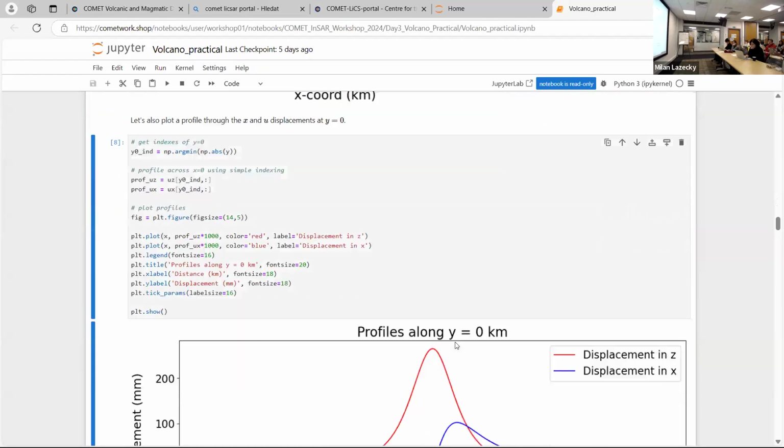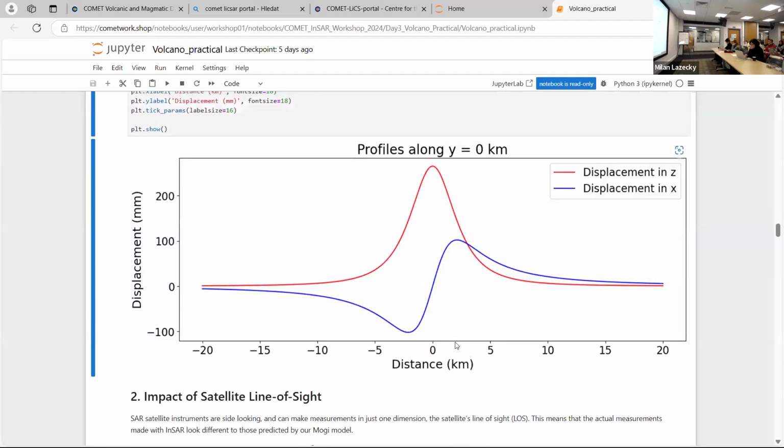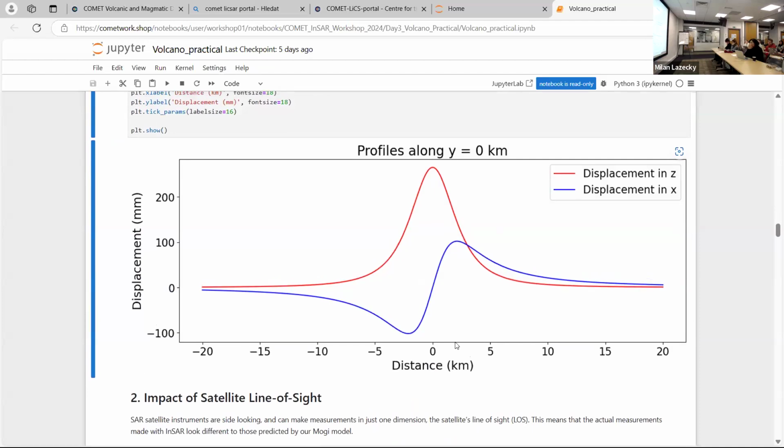Then there's a profile along it, again a different way of visualizing what's happening. Horizontally, one side is moving negatively and one side is moving positively, because it's moving outwards, and then the Z displacement is doing again what we've seen, which is expanding in the middle.